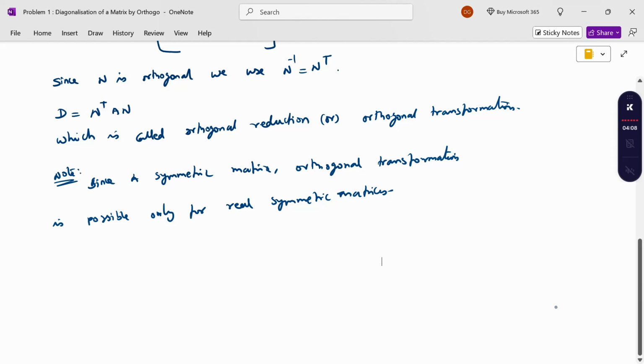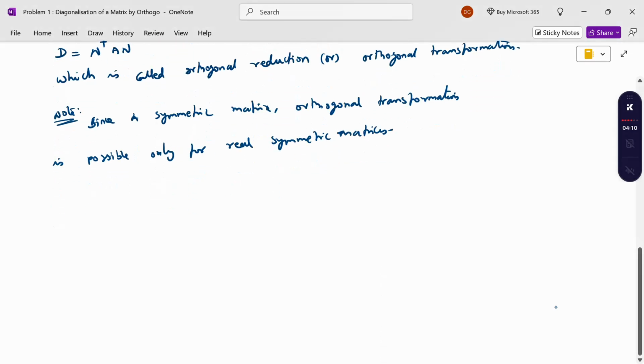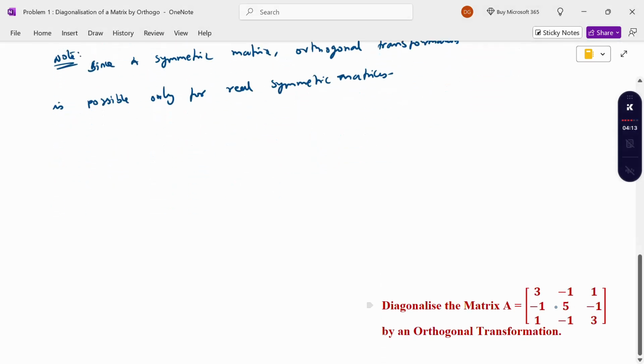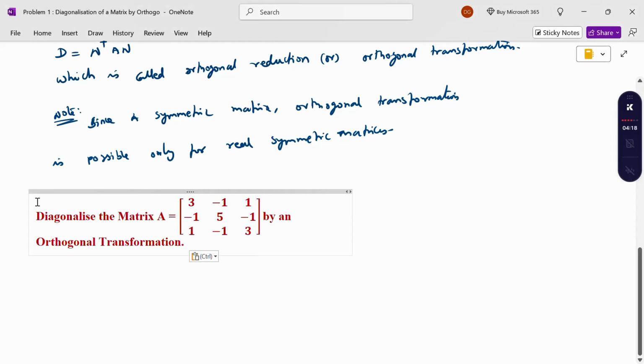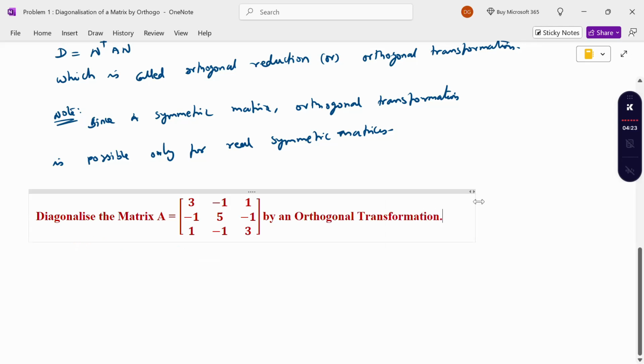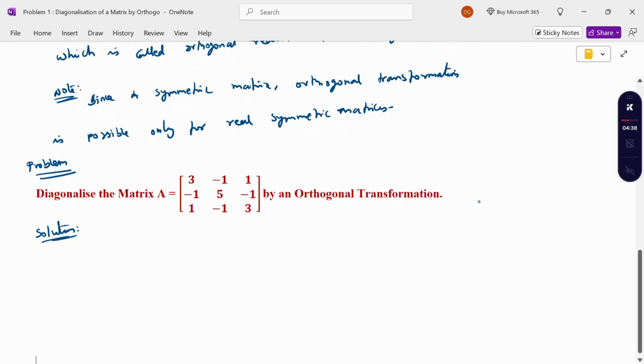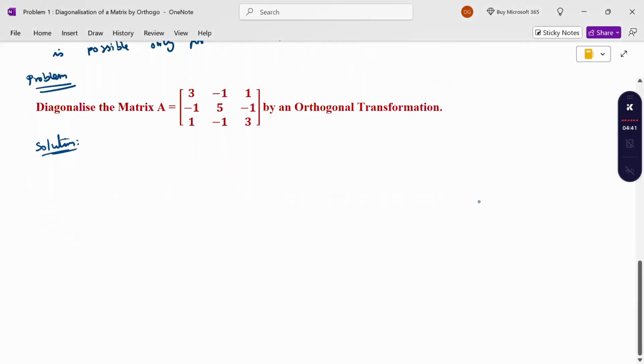Now we are going to solve a problem. The problem is to diagonalize the given 3 cross 3 matrix A by an orthogonal transformation. How to solve this? As usual, the same procedure we discussed earlier to find the eigenvalues and eigenvectors. First step,